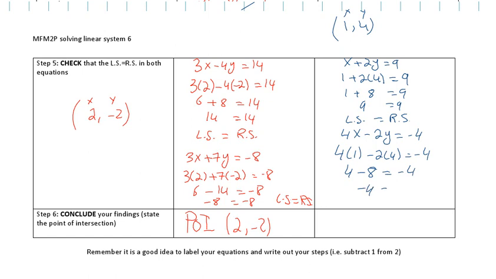Again, I checked and the left side is equal to the right side. So that's good. Now all you have to do is state your POI. So the point of intersection is 1,